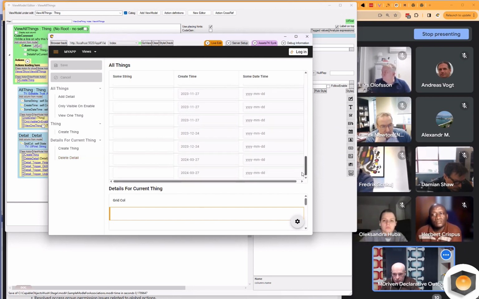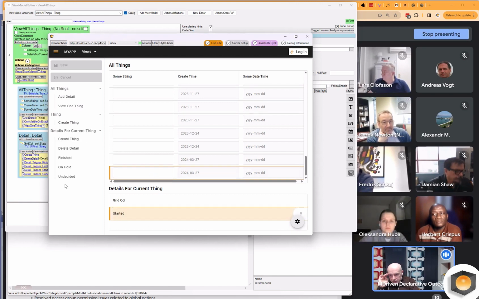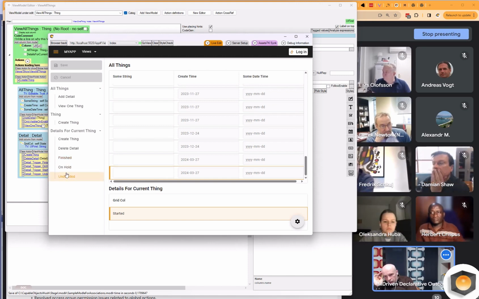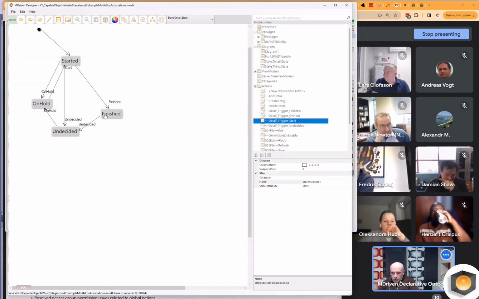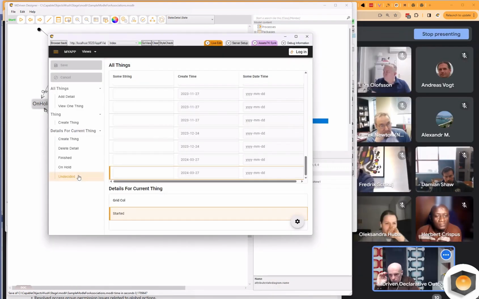And heading back here. So now this is started, and when I select it I see the options available for me, and if I put it into finished, the options should reduce, and there's only actually one option from there. It's undecided. So I'm going to go to finished, and these shrink down to undecided.